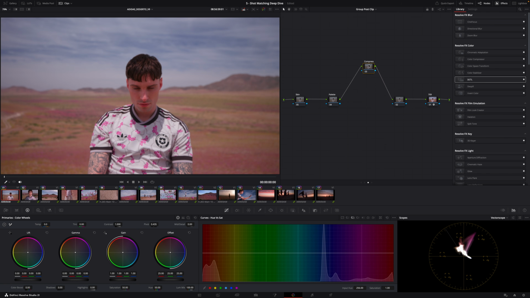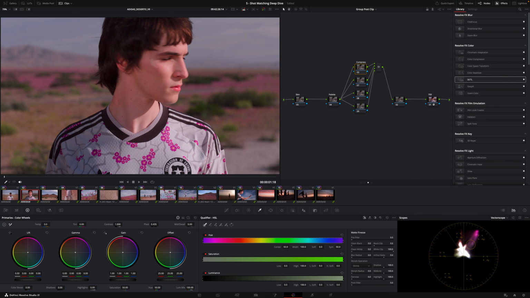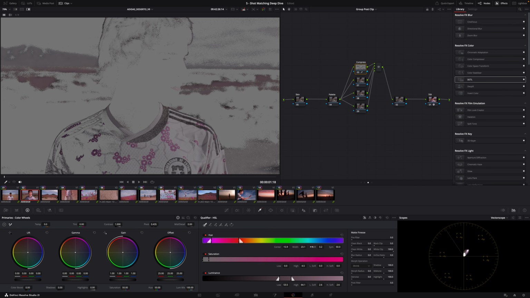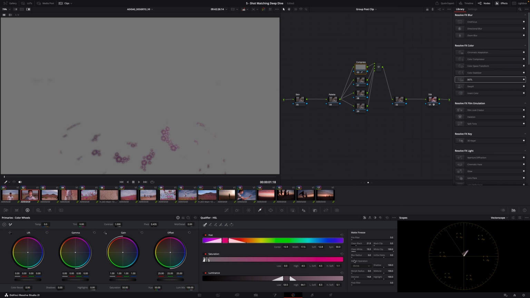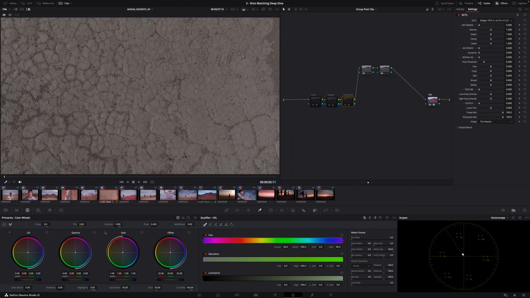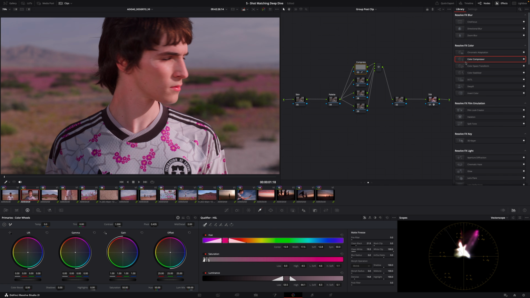I got a note here that says compress. Let's create a couple more parallel nodes. And what I mean by compress is that we can, for example, select this magenta color with the qualifier and try to only select that. We can soften the noise, clean the white, black, and make the selection as soft as possible. And now we can check that that selection is being applied by group level to all of the clips. And what I'm trying to do is select the one that I like and use my color compressor here